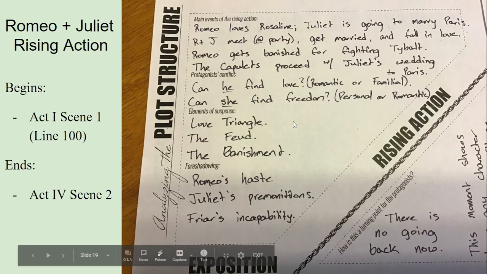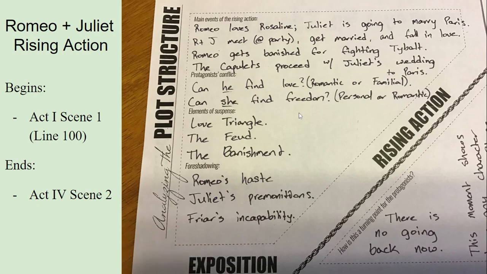And most of the conflicts have to do with either the romantic involvement between Romeo and Juliet or the feud, so the fighting between the families. And then the third main conflict would just be Romeo with his family and Juliet with her family. Those are the three main conflicts that are going on during the rising action, and all of them are getting worse, right? The feud is getting worse, people are dying. The love triangle situation, in other words, Romeo, Juliet, and Paris, that whole situation is getting messier and more